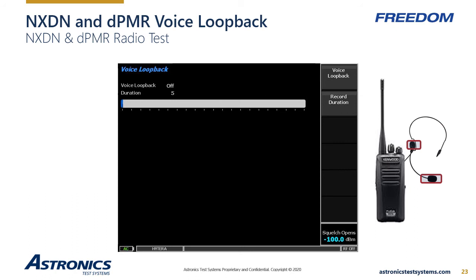The instrument records the signal it receives once the squelch opens on the instrument, and the duration can be configured. Only the last part of the transmission is kept when the radio is unkeyed. Once the instrument squelch closes, the instrument automatically switches to the generate mode and transmits a signal into the radio. Once this is complete, the instrument goes back to monitor mode and waits for the squelch to open to start